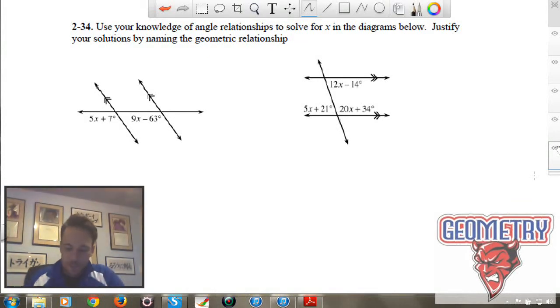Okay, so we're still in geometry. This is Unit 2, number 34. We're going to use what we know about angle relationships to help us solve for x. So we have a variety of angle relationships. Right? We've got vertical angles, supplements, complements, alternate interior, same side interior, corresponding angles, all these different vocabulary terms of all these different types of angles and how they relate to one